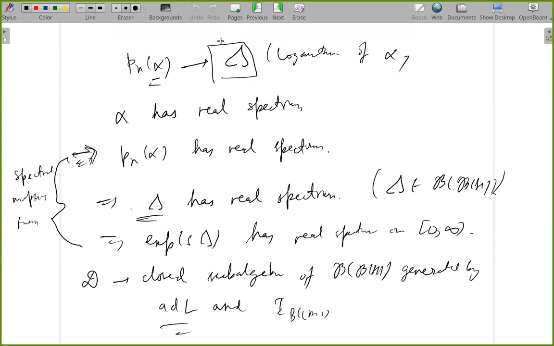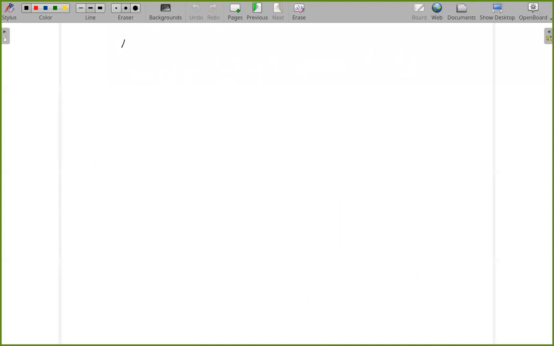So what we really want to show is this ad L. In fact, this lambda is equal to ad L. That's what we want to show. Then that will finish the proof that P and alpha in fact goes to ad L. Okay, so D